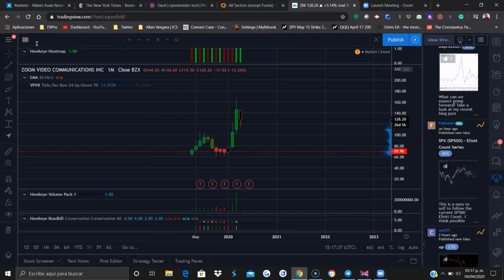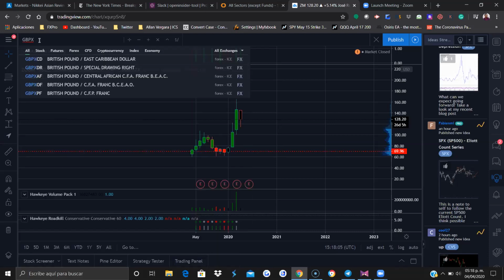look at different crosses. I'm waiting for Mahesh directly from India to join us and take a look at Hawkeye traders, roadkill, fatman, heatmap, volume. Give us an insight into what he's doing, applying one of the most comprehensive and really good packages when it comes to technical analysis. And we'll take a look at, trying to look at